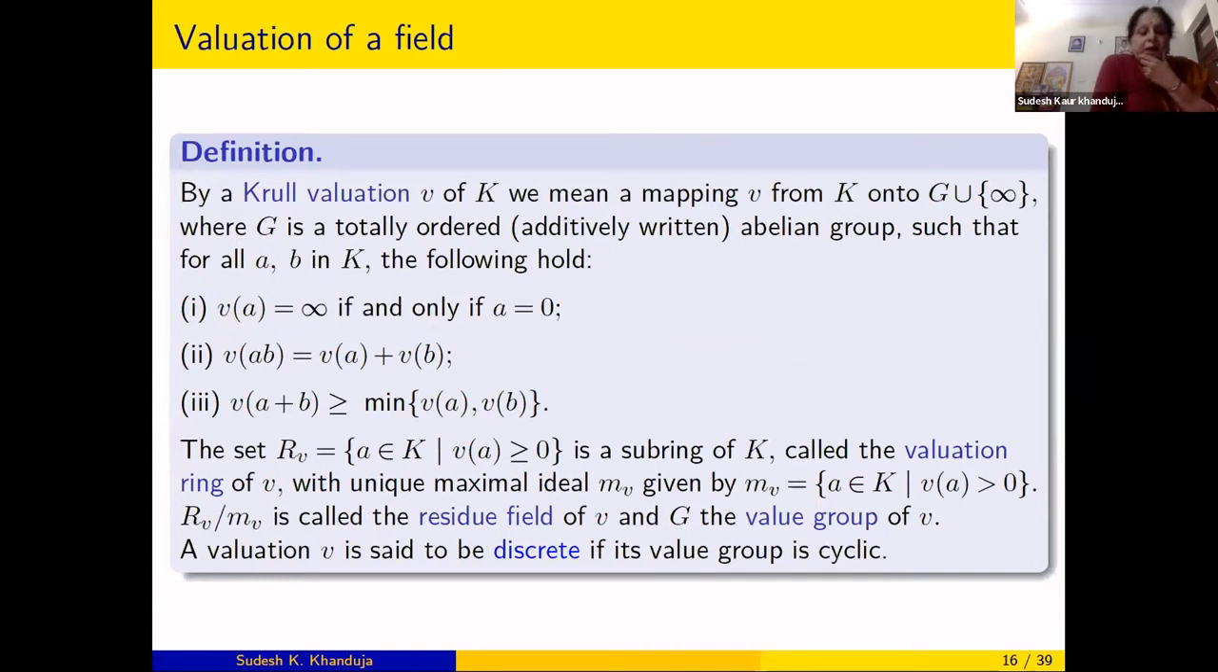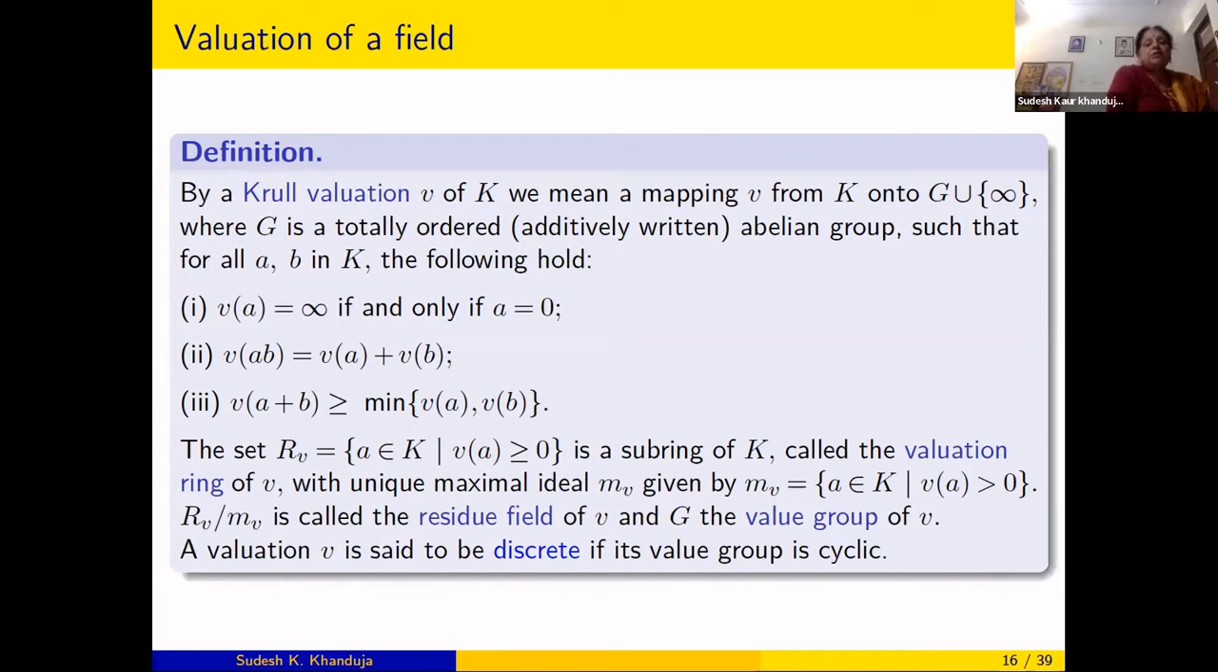Mathematicians never sit on laurels. They always proceed ahead. So Krull extended the notion of valuation to general fields. By a Krull valuation V of a field K, we mean a mapping V from K onto not Z, but